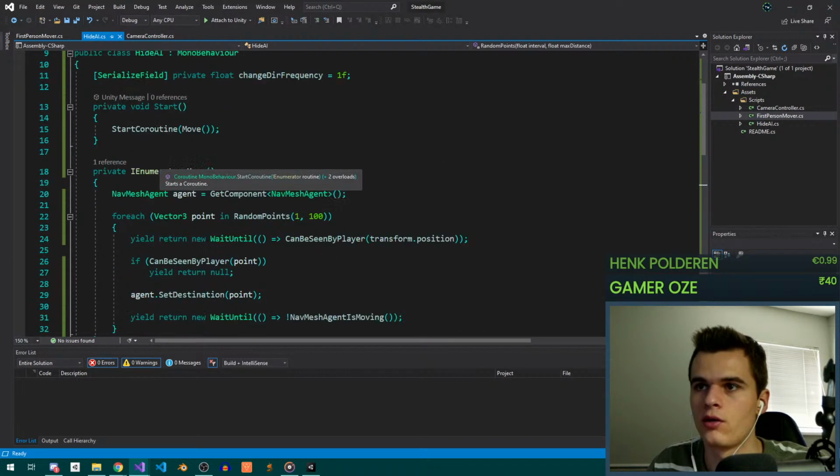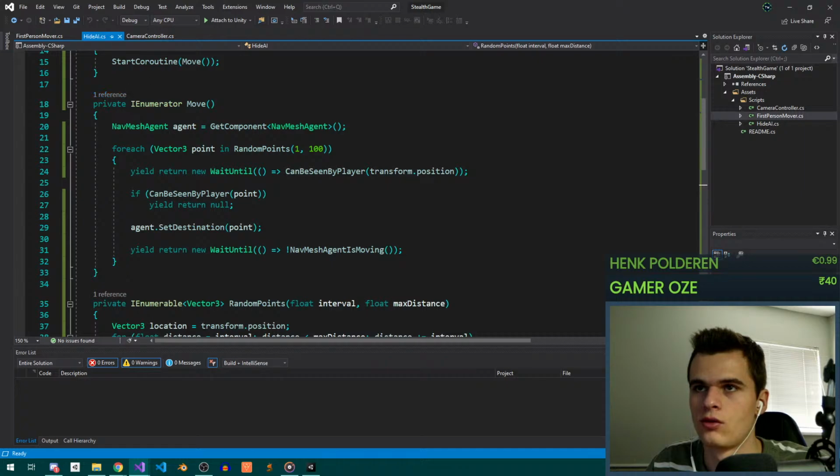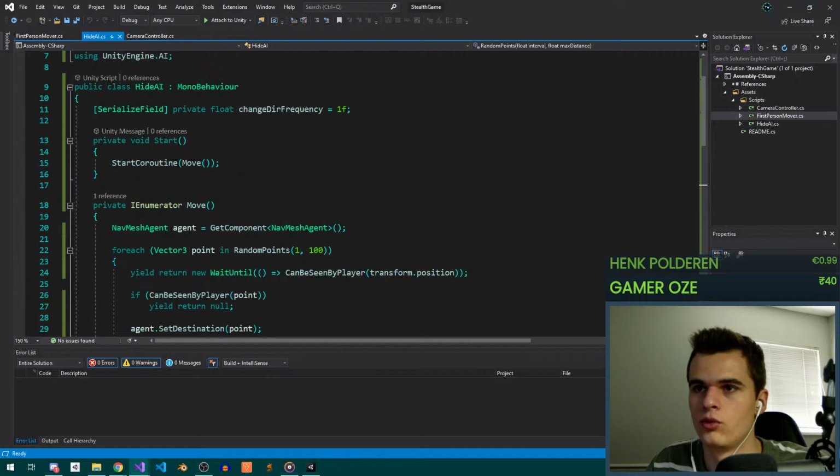Okay, so our hide AI needs to no longer be a hiding AI. So what we're gonna do...